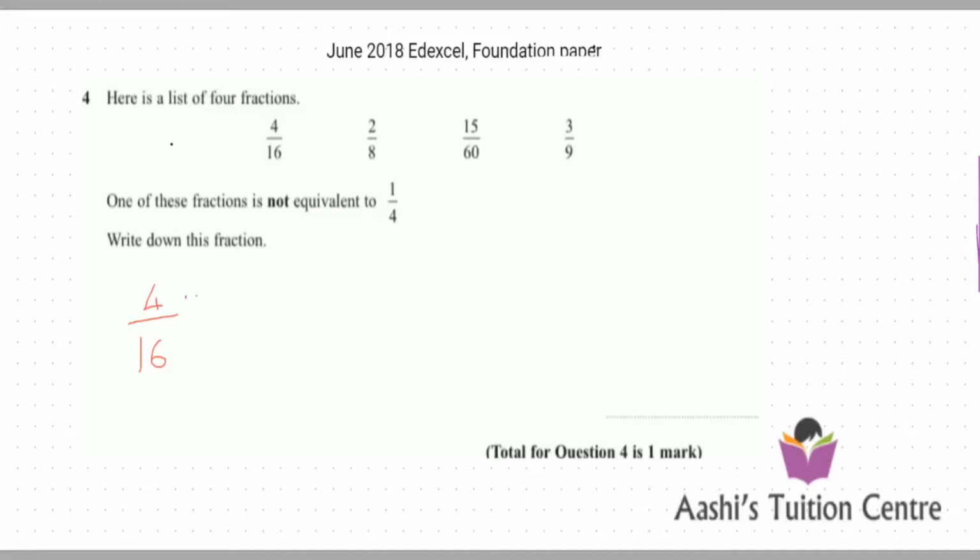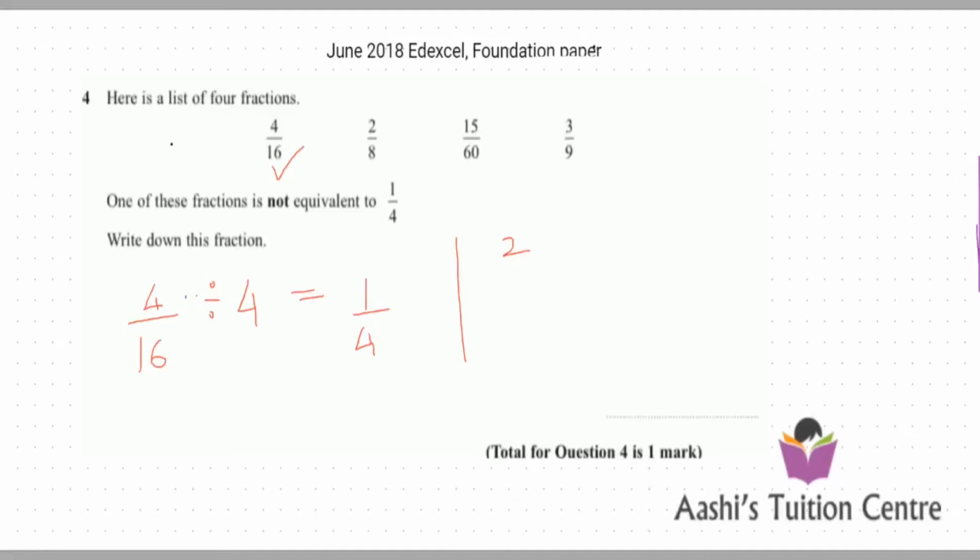I do know that 4 times 1 is 4 and 4 times 4 is 16. So I can try dividing both by 4. If I divide both by 4, I get 4 divided by 4 is 1, 16 divided by 4 is 4. So I get 1 over 4. So that means this fraction is equivalent to 1 over 4. Next,